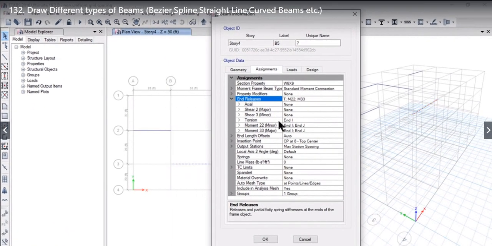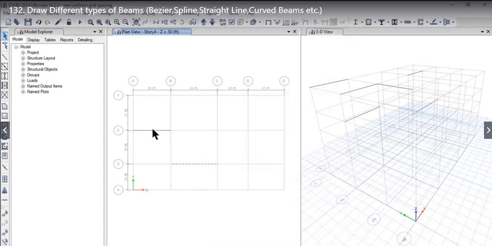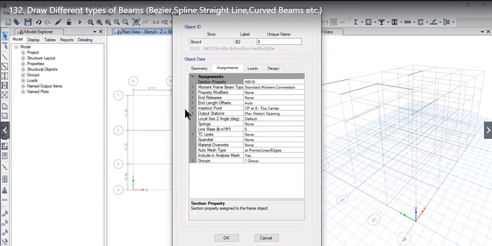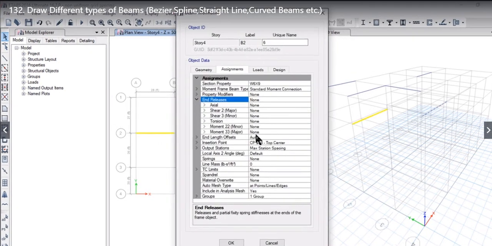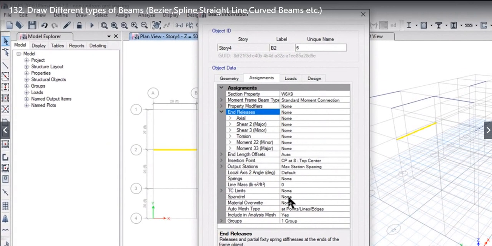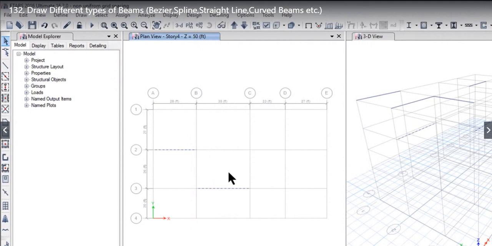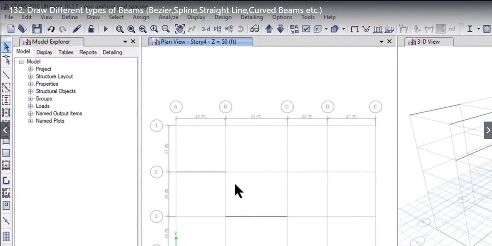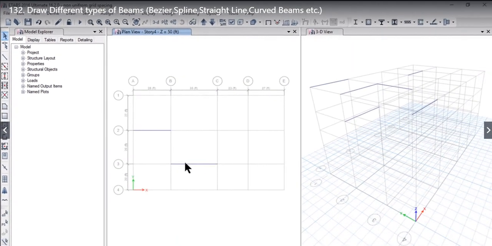Now what exactly is the difference between moment releases pinned and moment releases continuous? What you are seeing here is the example of a beam with pinned releases, that is, a simply supported beam. Left click on OK and do the same procedure here. Left click on this beam and then right click on this beam to see that end releases are none. That is, the beam that we have modeled here is a continuous beam. Then left click on OK to escape. At any point, if the user wants to unselect the beam, the user can just press the escape key on the keyboard.